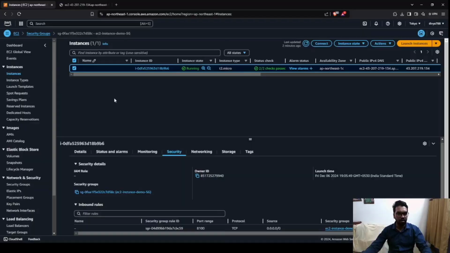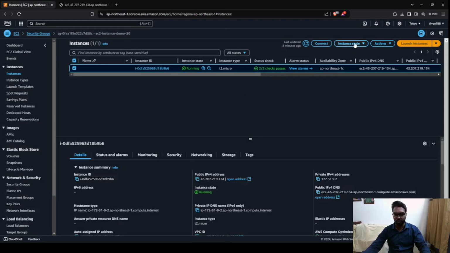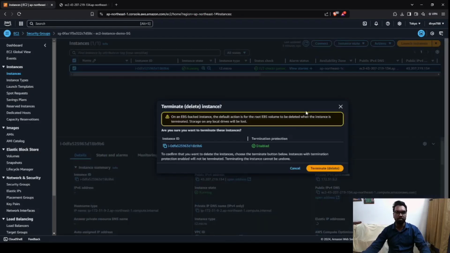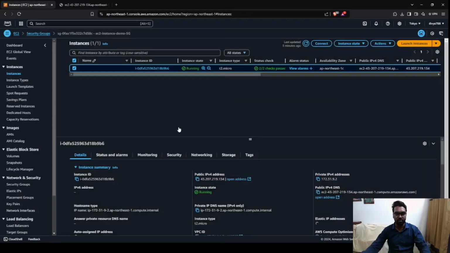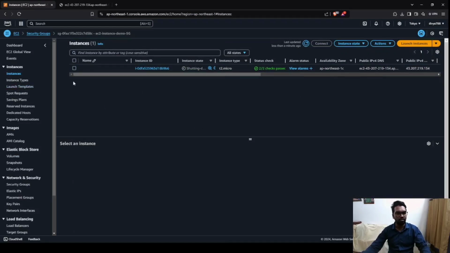Now you have to make sure that as soon as your work is done for this instance, you delete or terminate it so that you won't be charged much for running this instance. So as soon as you're done, simply delete the instance. It is not mandatory to delete the launch templates because they won't cost you anything unless you are running any instance. So now the instance is properly shutting down. It might take some time, basically 1 hour, to be properly removed from your console.